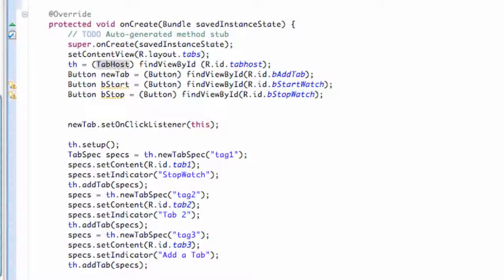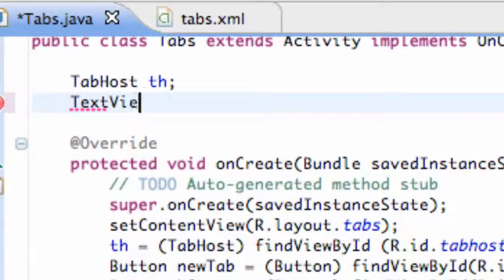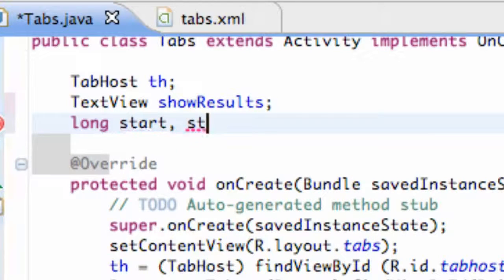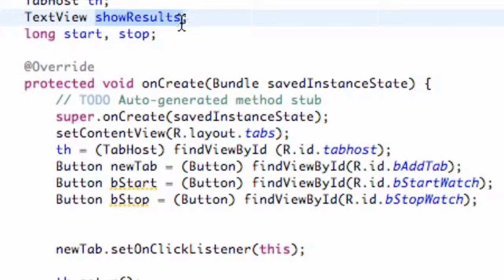And what we need to do is set up a text view above our onCreate method called showResults, and we also need to create two longs, start and stop, so we can work with milliseconds. Milliseconds aren't even a tenth of a second, but that's what we're working with. So start, stop, and now we just need to set up a reference for our show results,